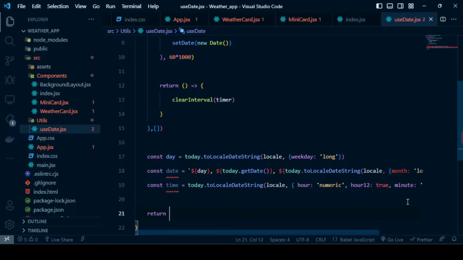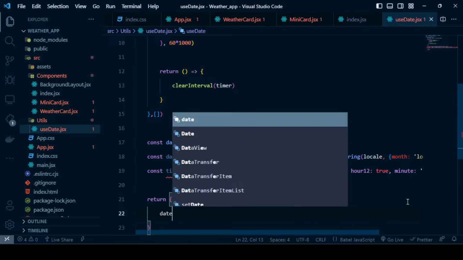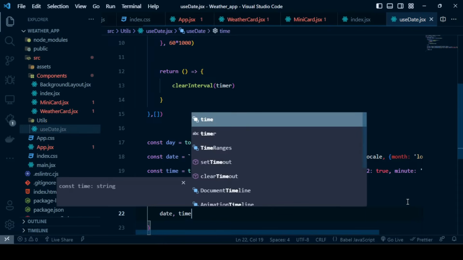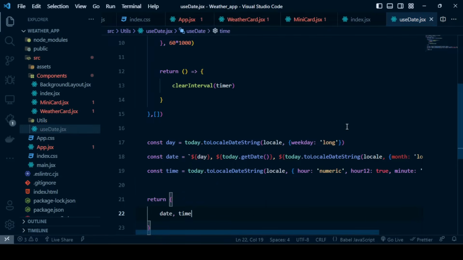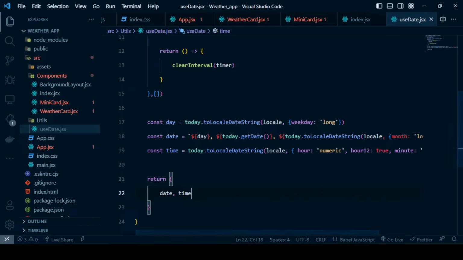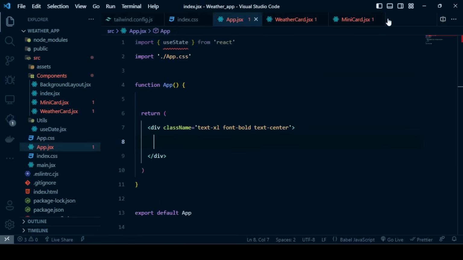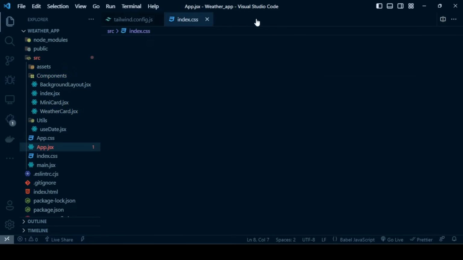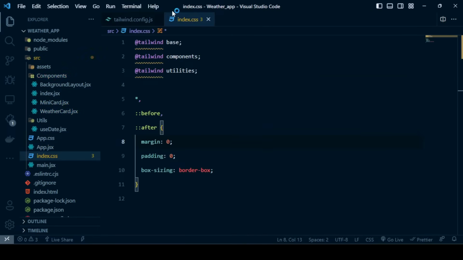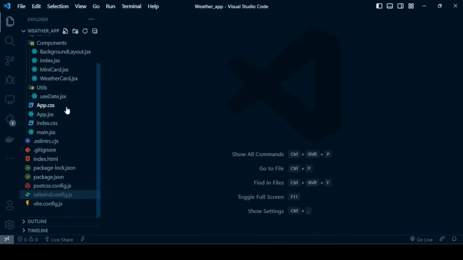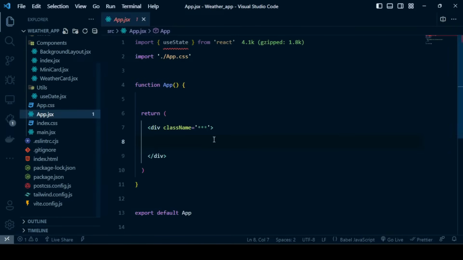So we've written those variables called date and time. Okay, so our useDate hook is ready. Now it's time to define our application layout. So let's close all those unnecessary things, and we will go to the App.jsx, and inside of the App.jsx we will be creating a single div, and